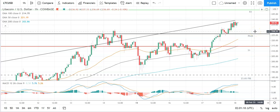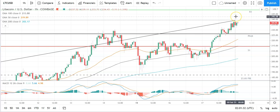Moving across to Litecoin against the US dollar, it's a bearish start to the day here. Going to need to see Litecoin avoid the pivot at 226.22 to take a run at the first major resistance level, sitting at 248.91. Going to need to see support from the broader market, however, for Litecoin to break out from this morning's new swing high,